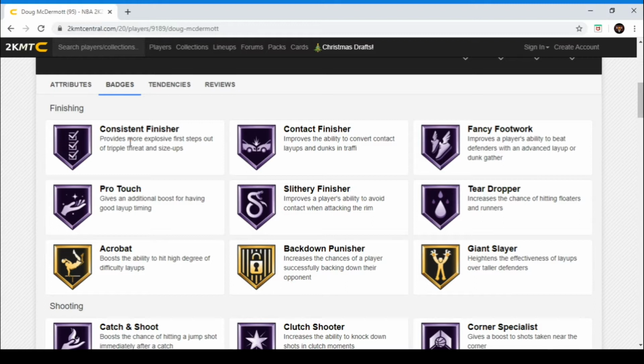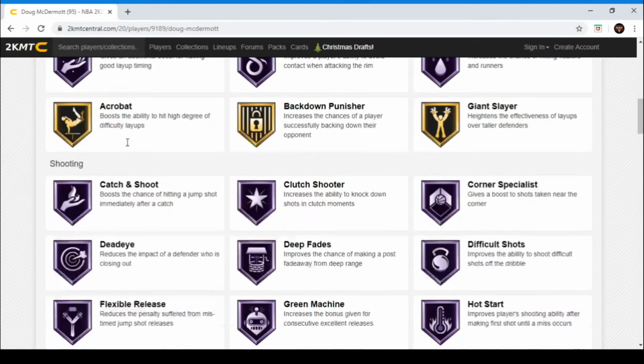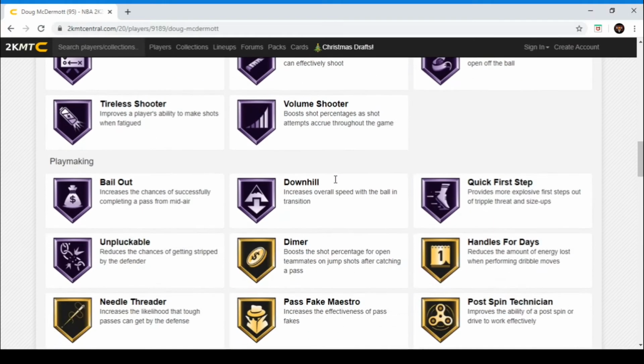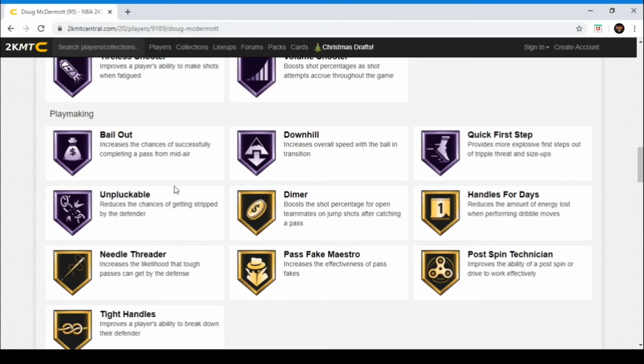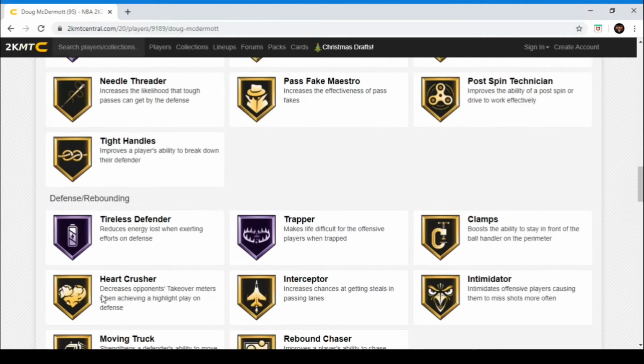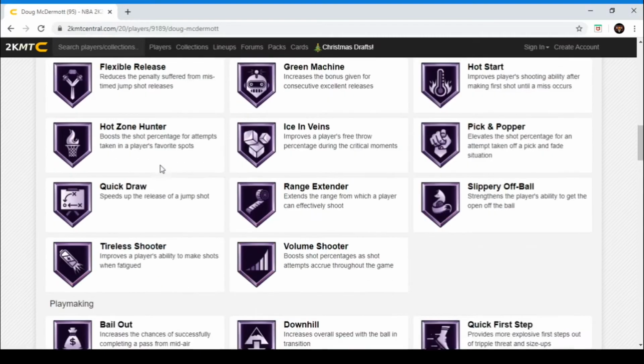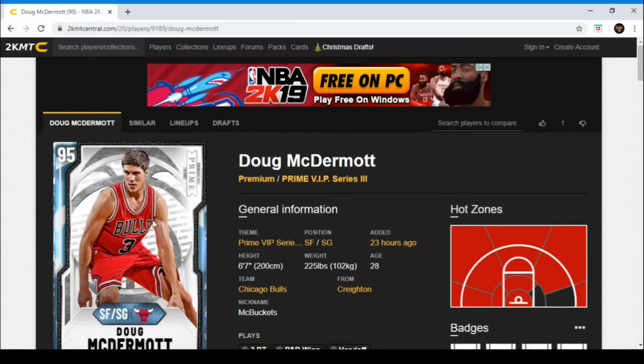Some of the big ones being consistent finisher, contact finisher, fancy footwork, deadeye, range extender, quick draw, hot zone hunter, green machine, difficult shots. Playmaking wise, quick first step, downhill, unpluckable, gold dimer as well, and gold tight handles. Defensively, only gold clamps and gold intimidator. He's going to be a really worse card than any of the pink diamond ones you would have gotten for